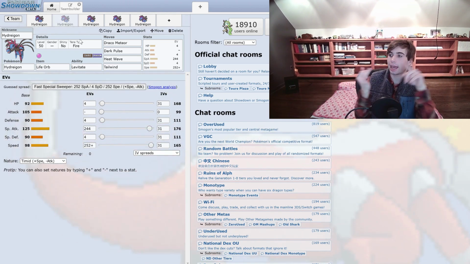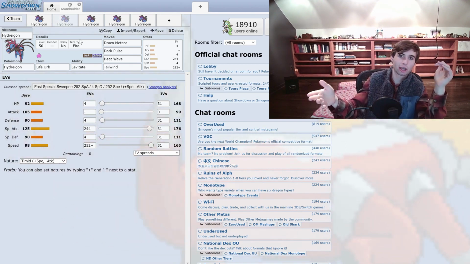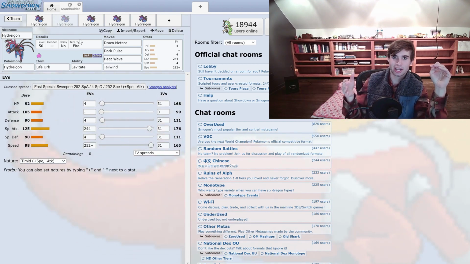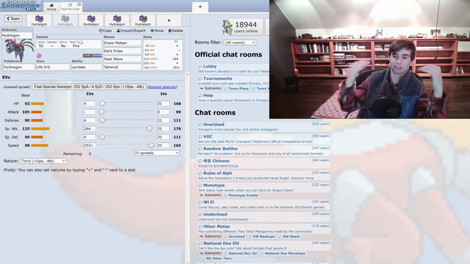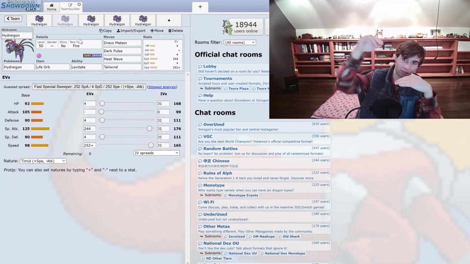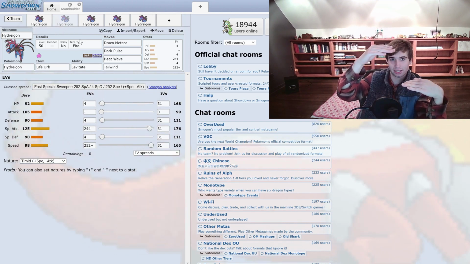But let's say you're running a Talonflame or a Kilowattrel, you might want to run Tailwind on Hydreigon. Talonflame and Kilowattrel, while they're very good Pokemon to set up Tailwind early game, if they have to switch in after taking damage and then try to set up Tailwind again mid game, that might not work. Let's say your opponent has a Murkrow and you have a Talonflame, but your Talonflame is at half health, so it doesn't have Gale Wings active. The Murkrow Tailwinds, and then its partner just kills your Talonflame before it gets to set Tailwind,